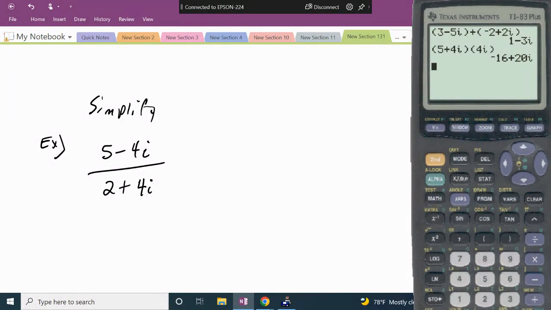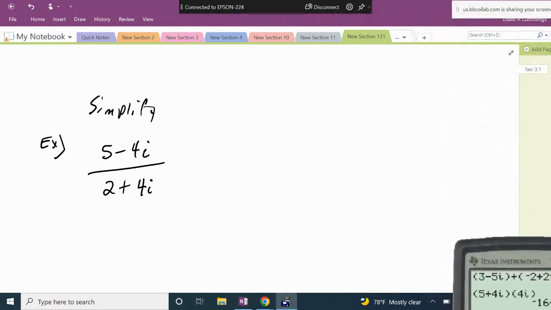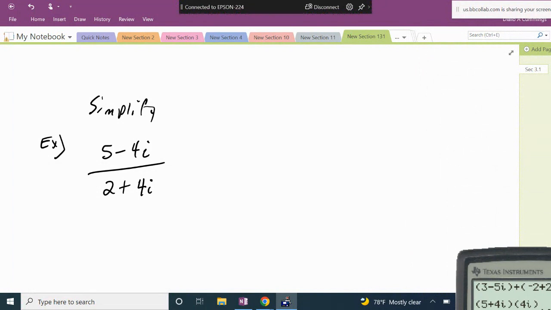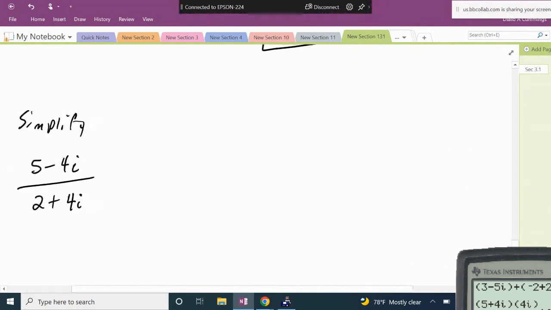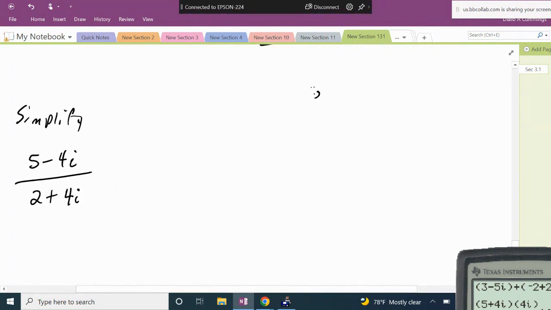So in simplifying this rational complex number, we have to talk about something called the conjugate. So conjugates pop up in radicals, they also pop up in complex numbers. So a conjugate,